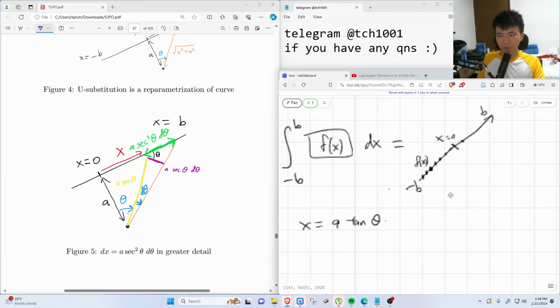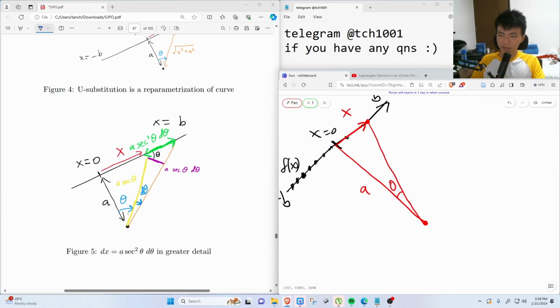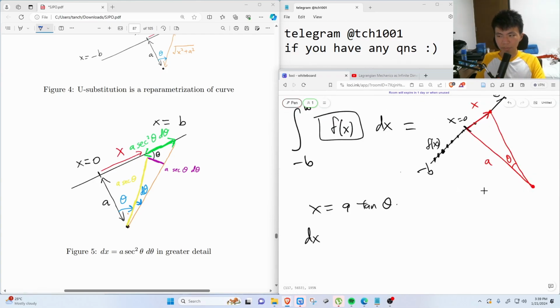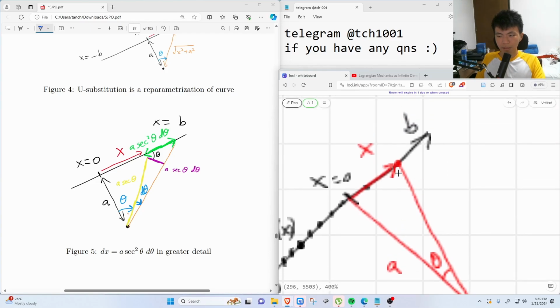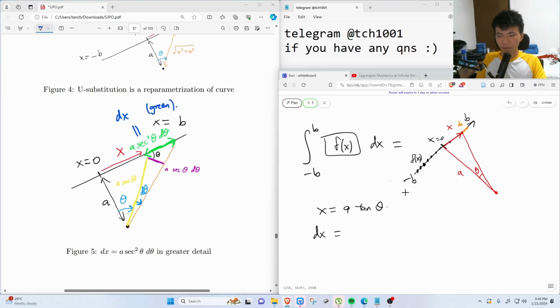Now what that would look like geometrically is if we think of x as a point here. So let's say x is a displacement from the center of the rod, right? Then if I draw a perpendicular line out here, and I call this A, then if this place has location x, then this angle is theta, because tangent of theta is x over A. Then what is dx? dx, interpreted in this picture, is an infinitesimal element of x. So in this case, dx is a small line segment here. In the left diagram, this green part is dx. This dx, if I write it in terms of d theta, is equal to a secant squared theta